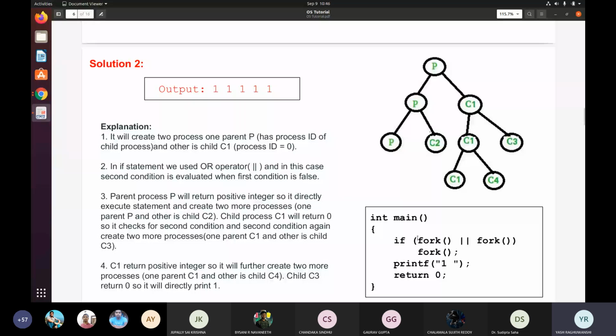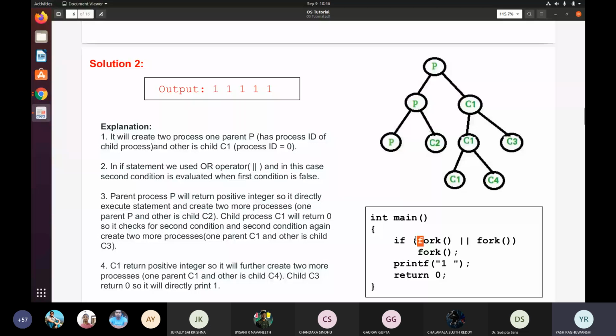Now we are at this point and we are doing a fork again, so it will generate two processes again. First is C4, and the PID of this will go to the parent, and this will be another process. So that's why this happened. But as I said previously, for this case, if it is greater than 1, this will be true.